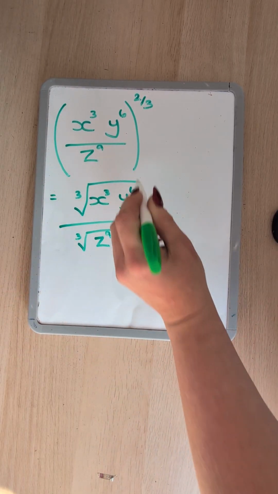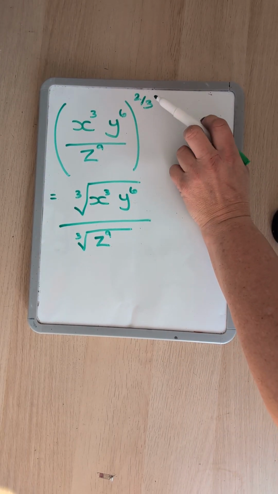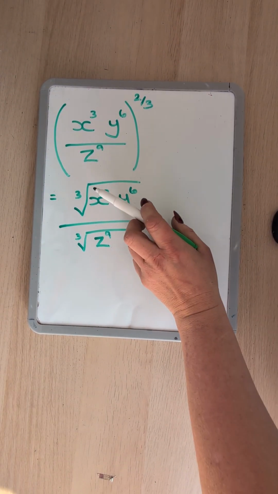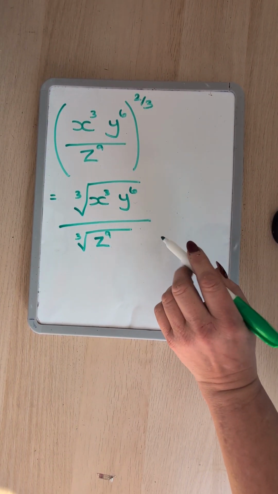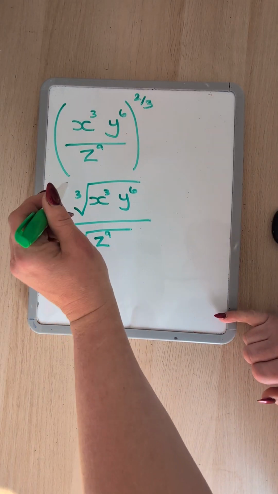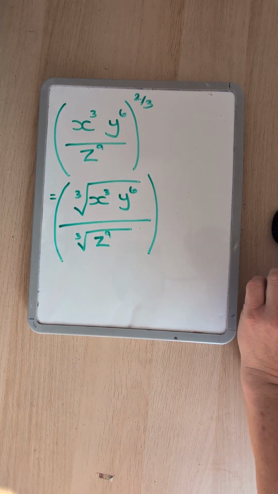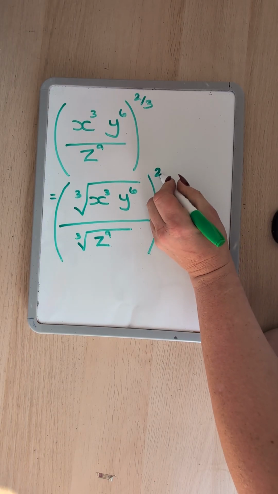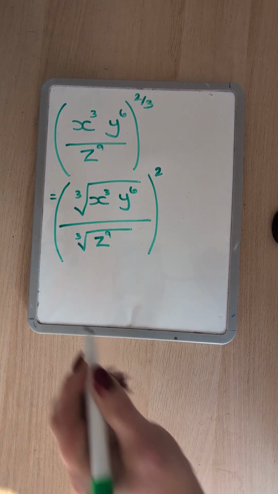And it doesn't matter at this point if you're like, oh, well, I don't know how to do that. Doesn't matter. If you know that that 3 in the denominator means I need to take the cube root, you do this step, because that in itself is worth 1 mark to you. Okay? And then you know there's a 2 there as a power. So whenever you've worked that out, you need to then square it. Okay then, so